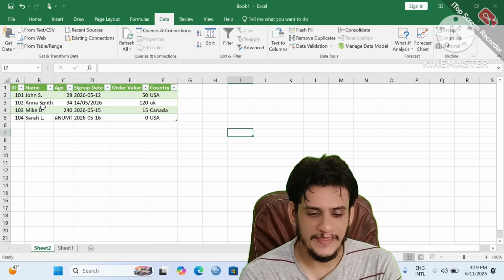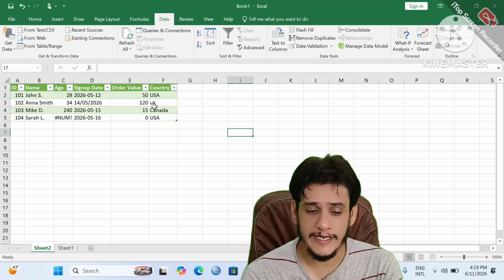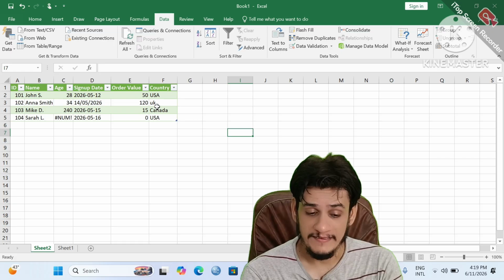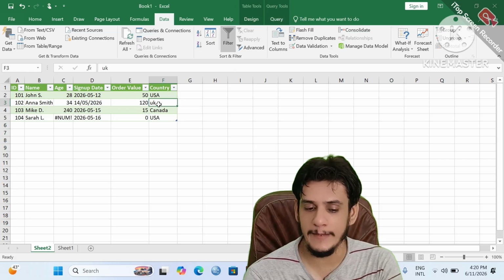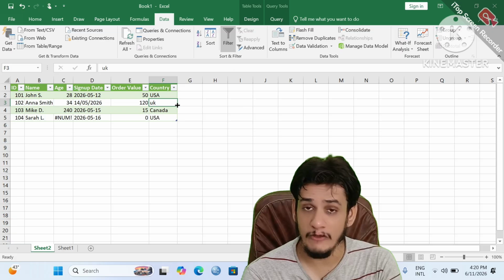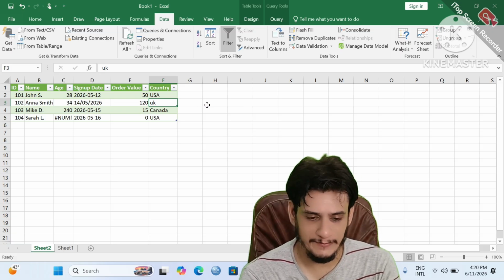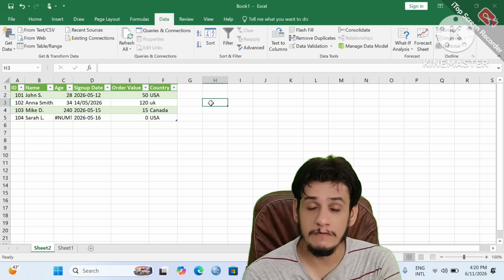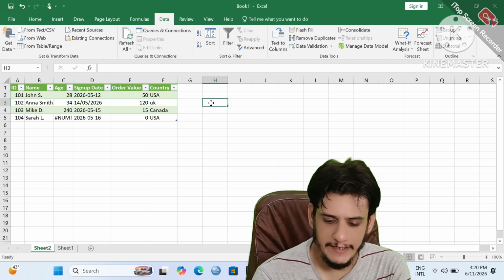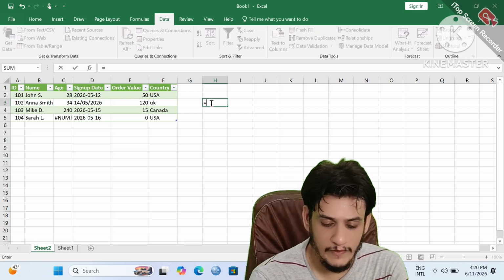So in the next step we will also fix an issue. Here you can see that UK is also in small letters. We can fix it manually by simply writing UK in capital letters, and the second method is to apply the formula, same as we applied in the Anna Smith case. So simply right click here on the H column, and here we will write equals. Now we will write UPPER